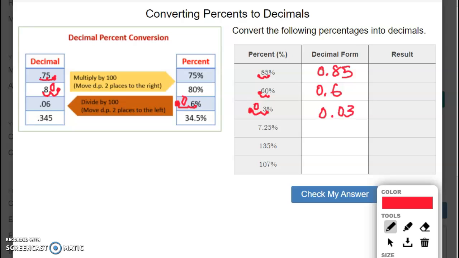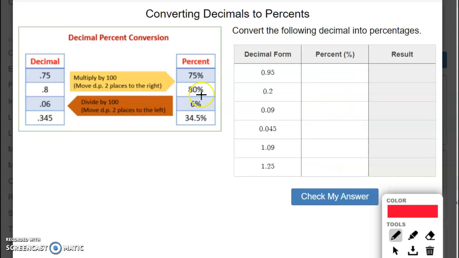0.03. And similarly, this is going to be moving it 1, 2. This is my new decimal point, so I'm going to fill in with a missing 0. It's going to be 0.0725. Okay, currently the decimal place is here. Moving 2 places to the left, the conversion is 1.35. Notice that 135% is the same as 1.35, and so 107% is the same as